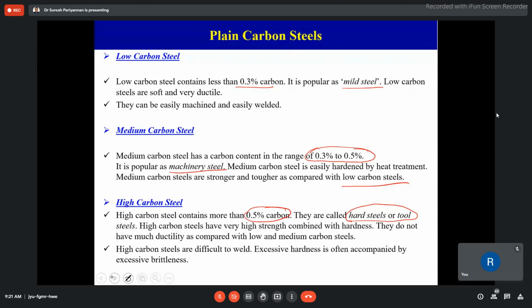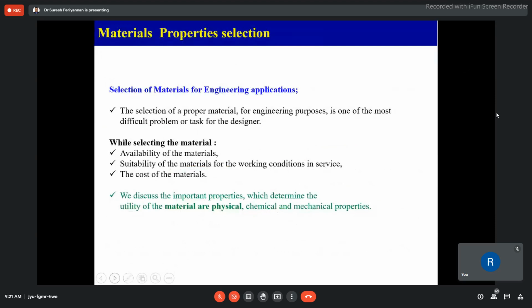And this is very simple. Please go through that. Now we are going to discuss material properties. Earlier we discussed the mechanical properties of materials, then how to designate a material based on the elements. Now we are going to see the properties, and once we designate the material, how the mechanical properties are improved.